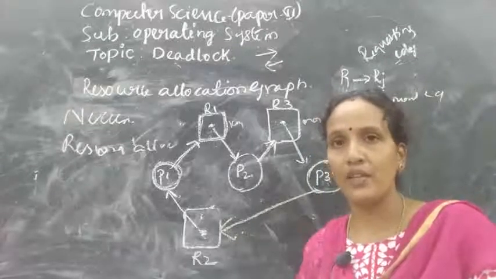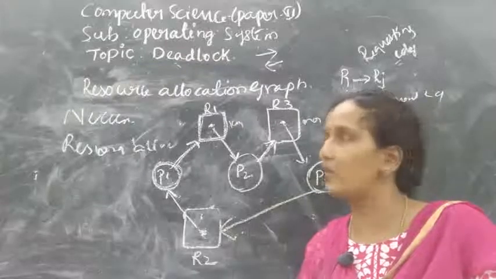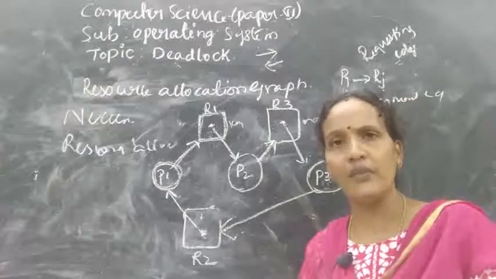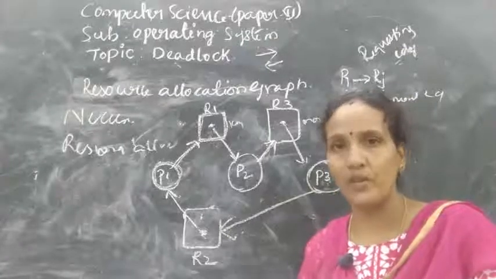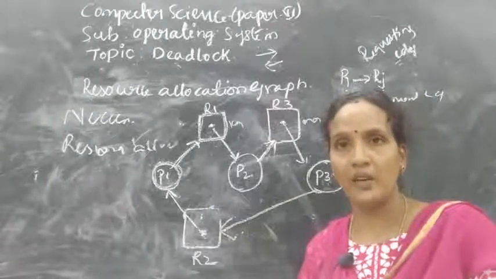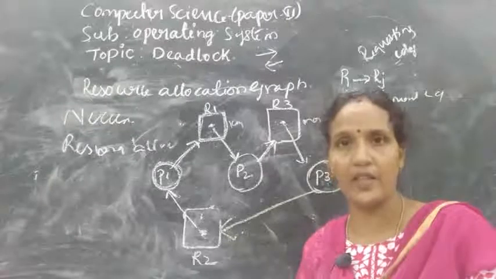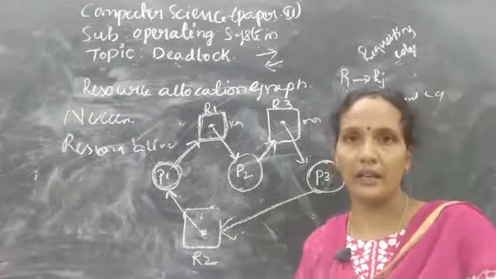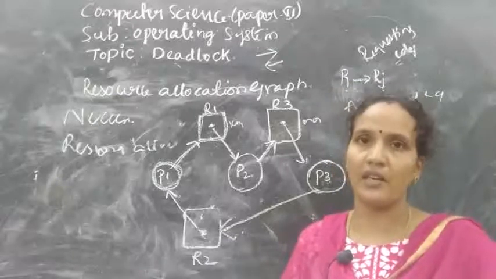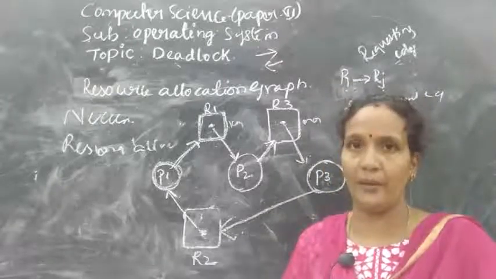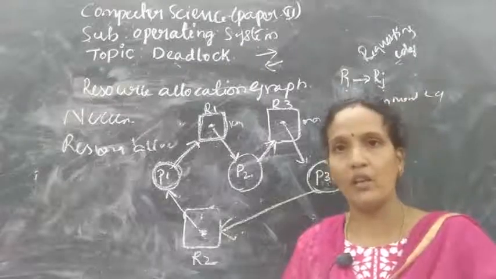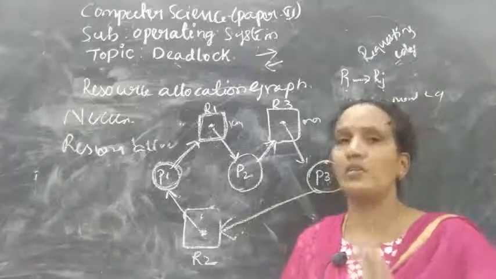This is very, very important because the whole chapter depends on these two only: the four conditions and the resource allocation graph. For each and every situation, you need to draw the resource allocation graph, means you need to decide whether there is a deadlock or not. If there is a deadlock, how to prevent it? How to handle it? We have deadlock handling methods. So the whole chapter is based on today's class only. First you need to find out the deadlock. How will you find it? By the four conditions, or you can use a resource allocation graph.